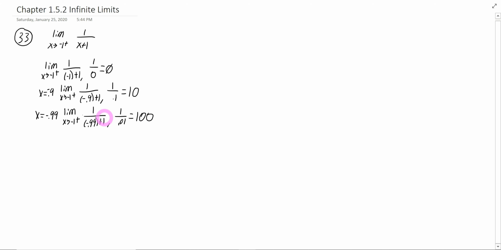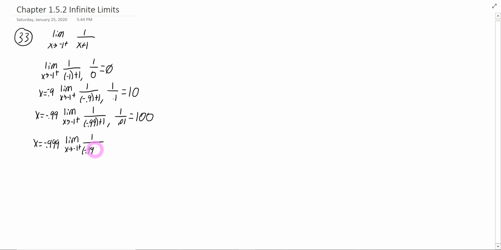As you can see, just from going from -0.9 to -0.99, we've increased by a factor of 10, from 10 to 100. We can't really draw a definite conclusion from just two x values. We're going to need a third x value to determine exactly where this one-sided limit is going. So for that, we're going to say x equals -0.999. This yields the limit as x goes to -1 from the right being 1 over